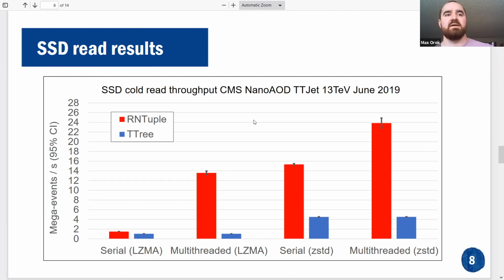So looking at these results, we have serial LZMA is the slowest. So RNTuple does offer an improvement over T-Tree for this case, but it is still the slowest, and the trade-off is better compression ratio for LZMA. Moving to a multi-threaded case, RNTuple's throughput has a nice boost here from multi-threading. So we go from about maybe 1.5 or 1.7 to a little over 13 million events per second, whereas T-Tree's